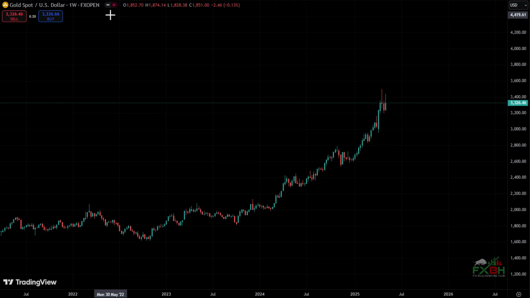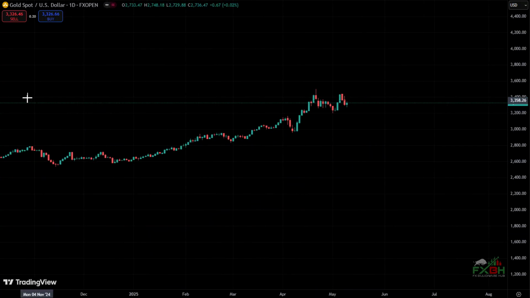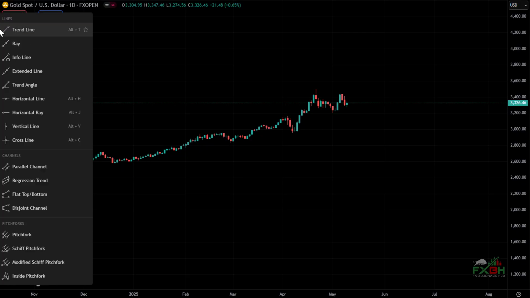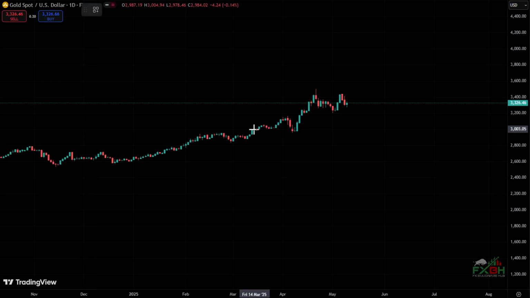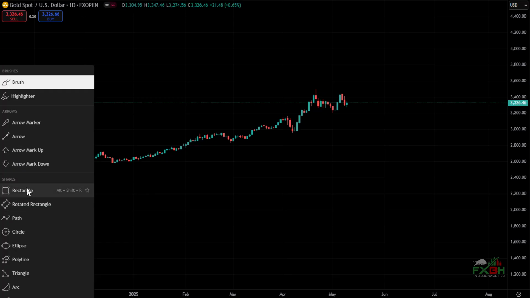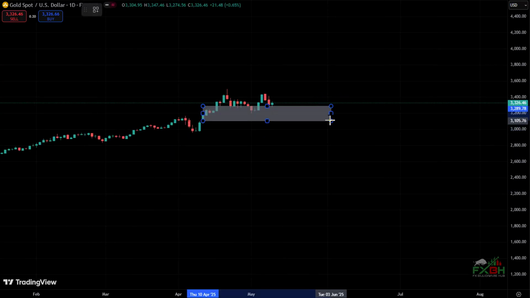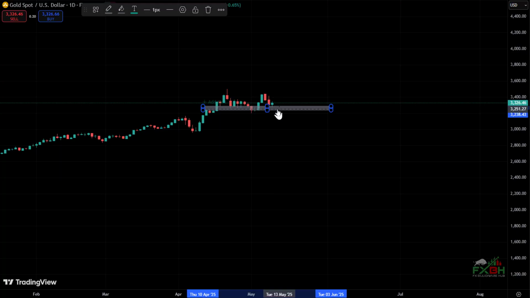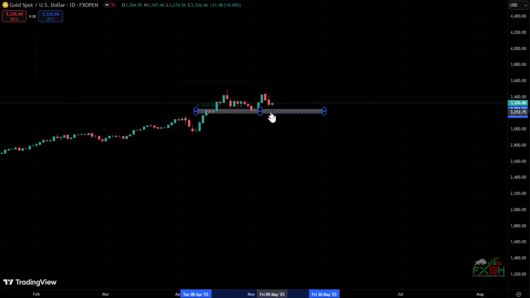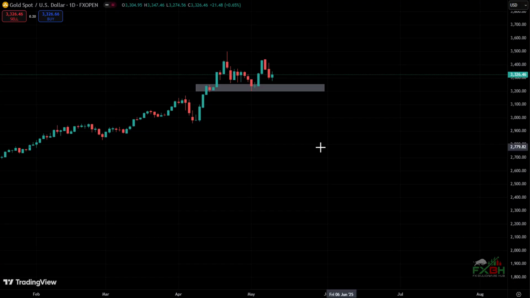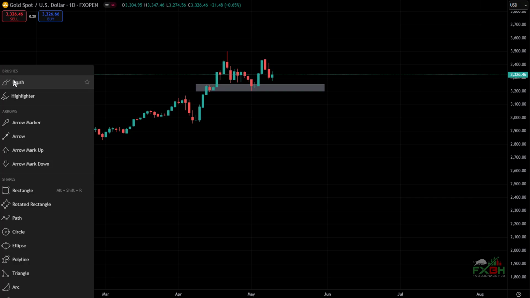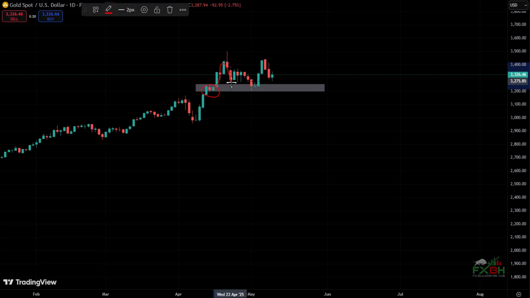If we select the day one time frame, that means the daily time frame, here is some scenario at the beginning of the analysis. If we take a closer look at this particular area and I draw a rectangle, as you can see in the daily time frame, this support line works as a major support zone for the market. The first time the market made a breakout around this area,